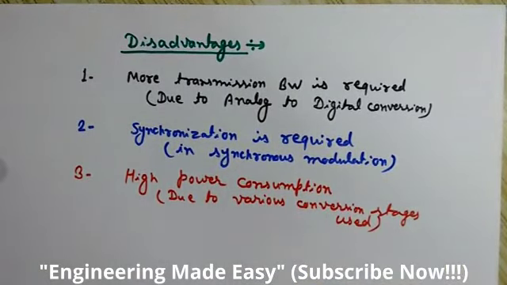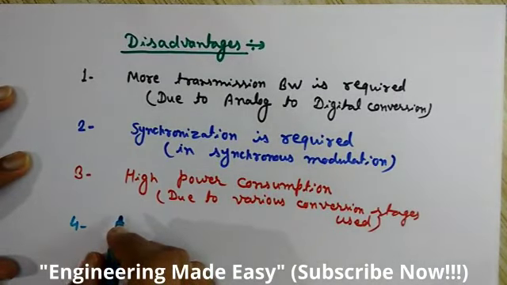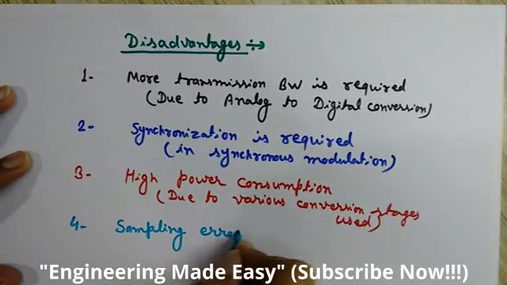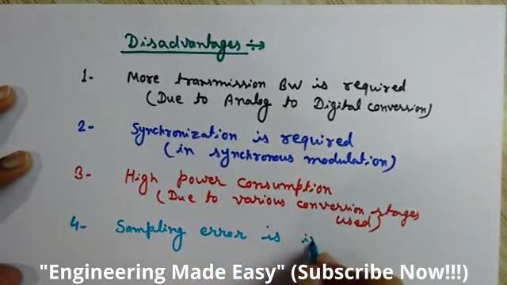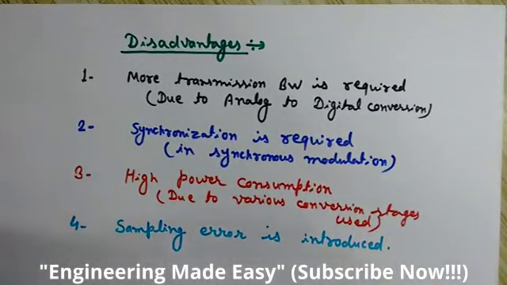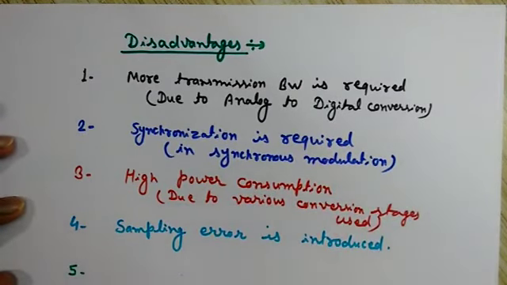Our fourth disadvantage is that sampling error is introduced in the sampling of the signal. We know that sampling is used in digital communication. So sampling error is introduced in the sampling process. So it also creates some problems. The fifth disadvantage